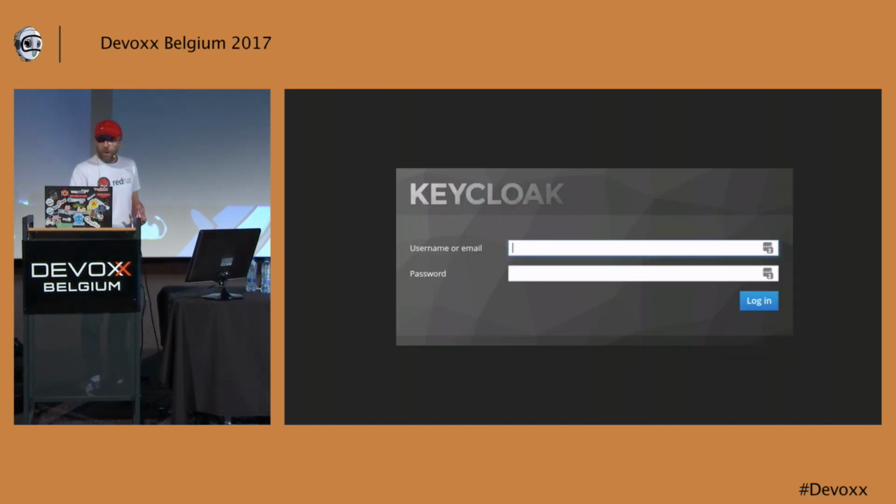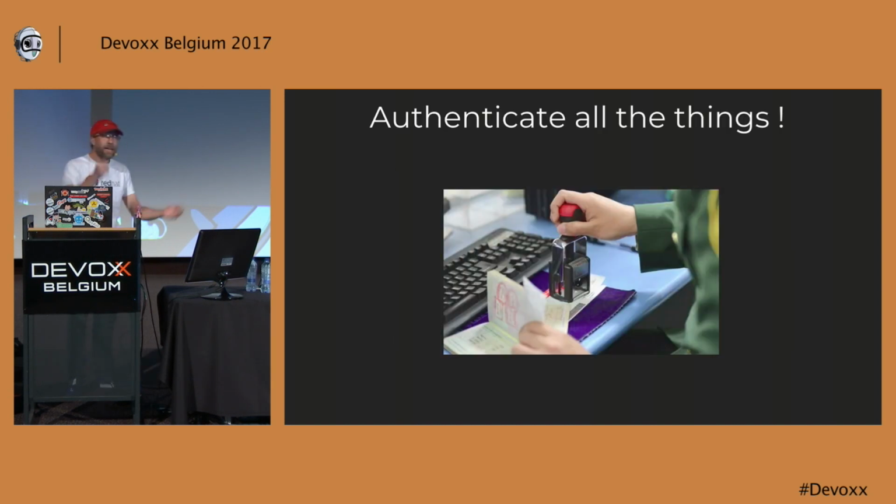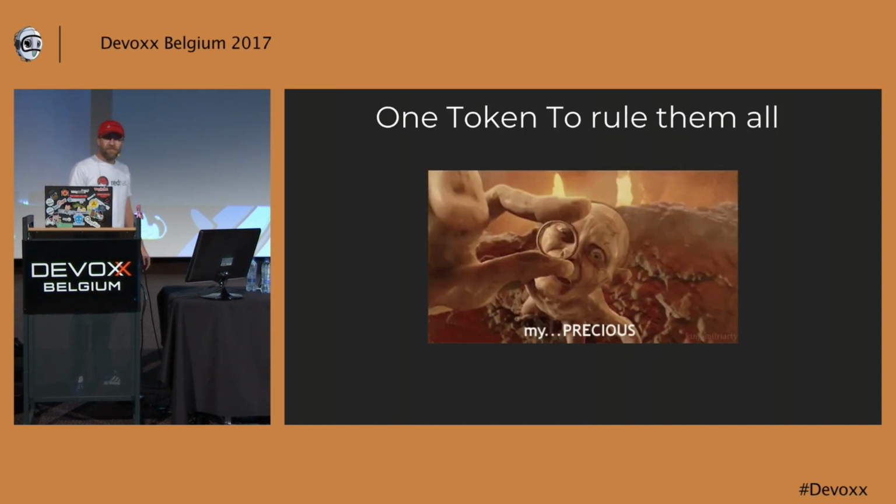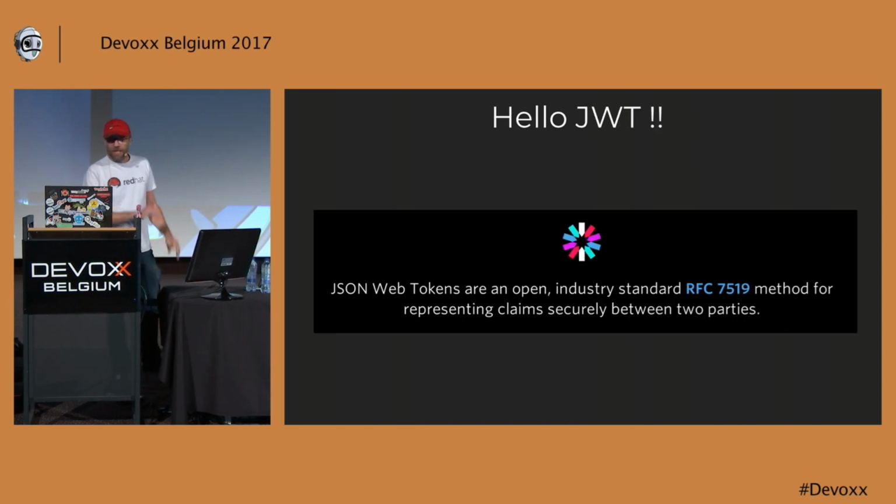And the Keycloak server will present you a login screen, and there you just enter your credentials and everything. And if everything is okay, just like at the customs, you get a stamp, and you can get back to the island and visit all these awesome cities. And this stamp that you get is not just a random stamp or random number. You get a JWT token